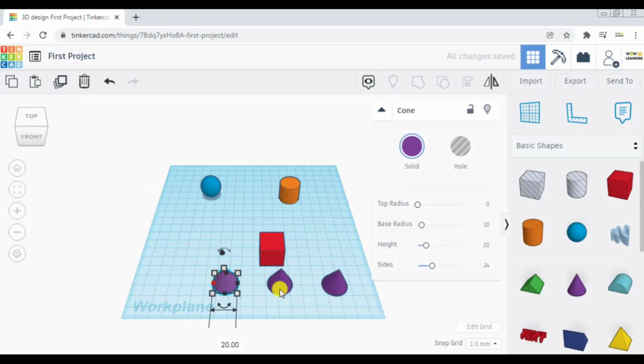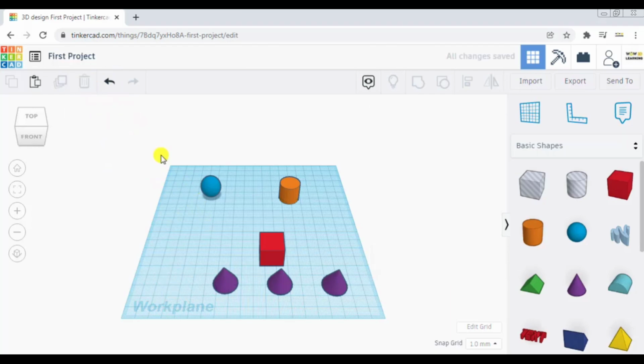Another cone appeared at the same distance at which I had dragged the first one. So Tinkercad retains in its memory in duplicate function at what distance we had kept the first duplicate of the original object. So like this you can use delete to delete a duplicate, and you can use undo and redo.